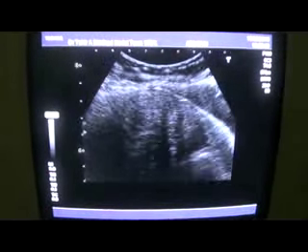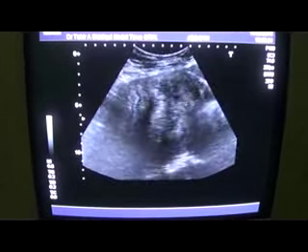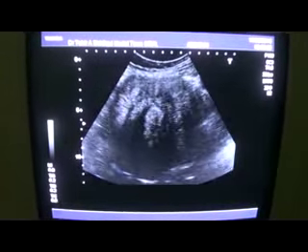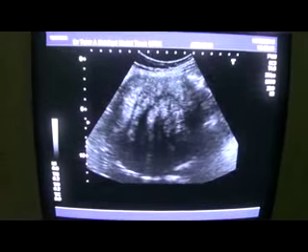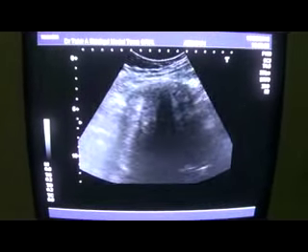Okay, now in a bit lower magnification, you see there is a large mass seen, which is elevating the uterus